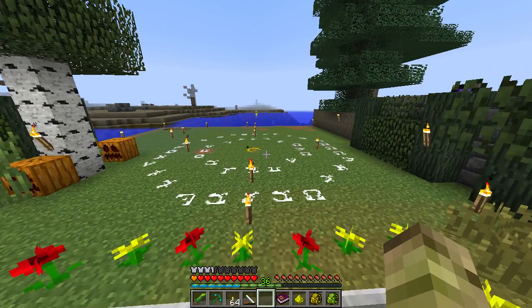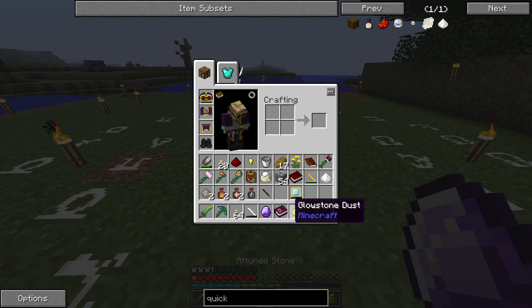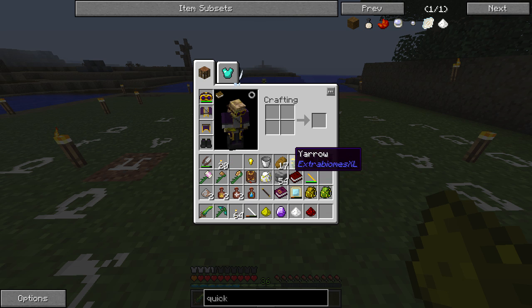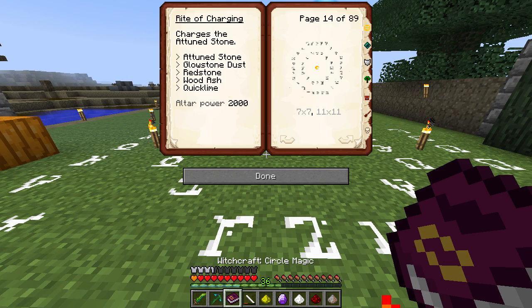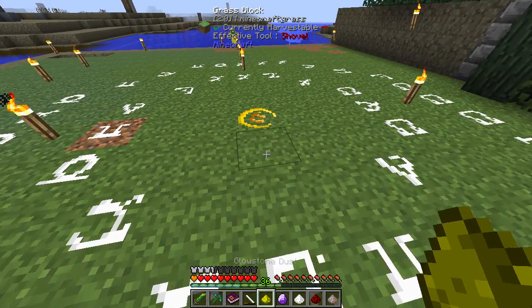Just enough. And to charge up our tunestone now, we need to place down the following items. So we're going to need the glowstone, the tunestone, some redstone, and some wood ash. See if I remember that correctly. Let's check the book a second. So yeah, attuned, glowstone, redstone, wood ash, and quick limes. So all I gotta do now is throw these on the ground, and